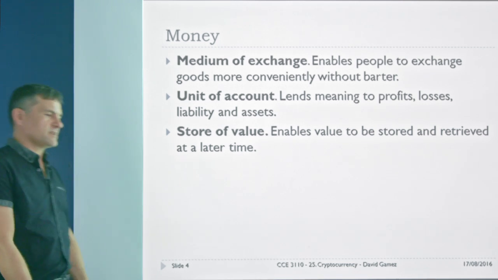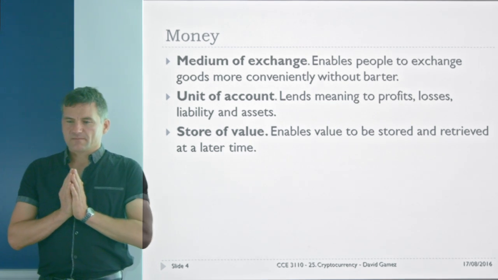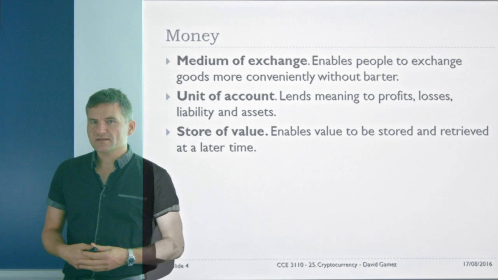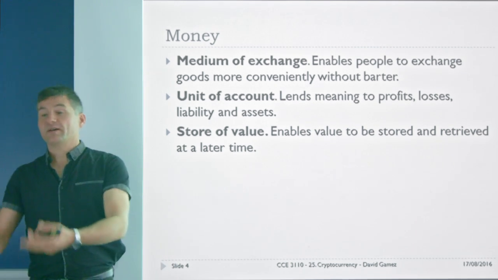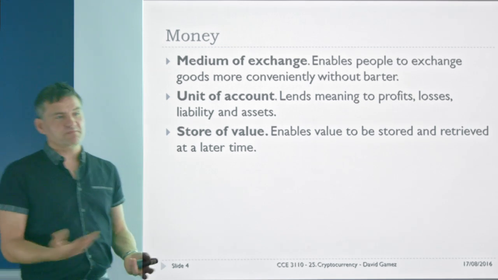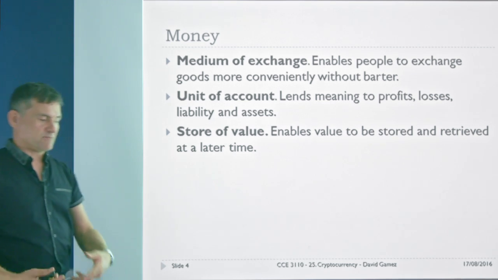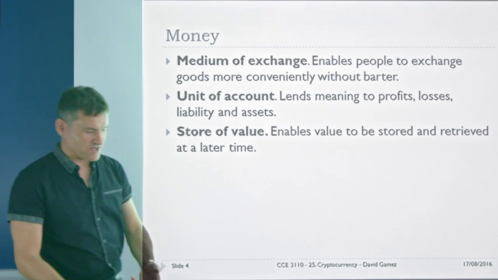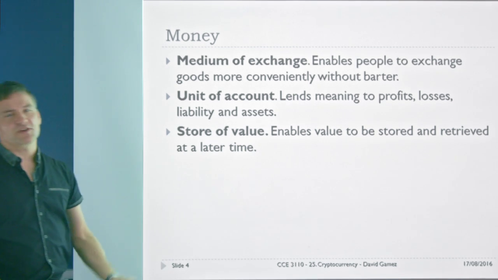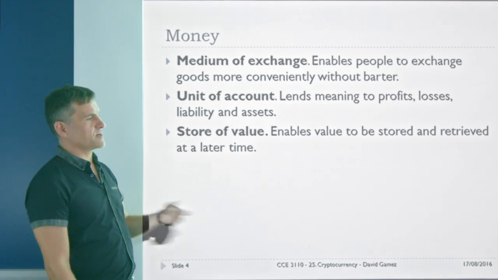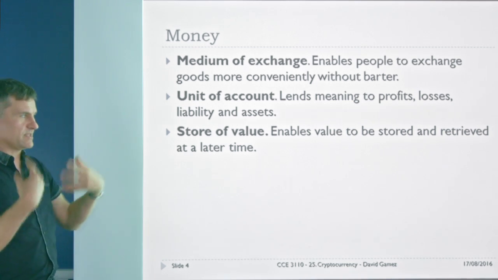Store of value is another really crucial aspect of money. Generally money lasts for a while. It's built of fairly durable stuff. Whereas if I buy the shoes and give the man half a sheep, then that half a sheep is going to be pretty rotten within a week or two. All of the effort he put into the shoes, which he gave to me and received in turn this sheep, all that value stored in the sheep will just rot away into nothing within a week or two unless you can store it or exchange it quickly for something else. Whereas money is a very convenient way in which you can store value and then retrieve it at a later point in time.